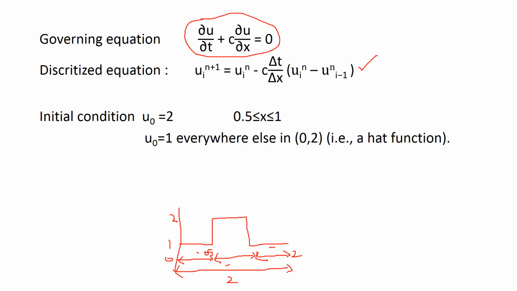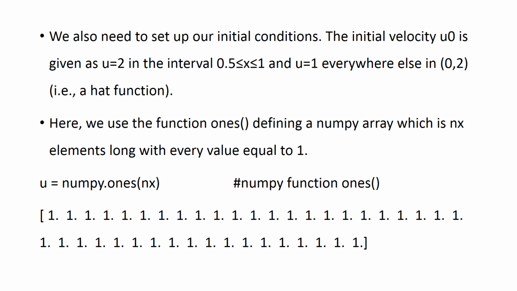So now what happens? The wave should transport or convect, and we should get some sinusoidal answer. So that is the given objective. Now we have to set the initial condition, and as per the given problem, the value of the function is 2 in the interval 0.5 to 1, and the value is 1 everywhere else. So the first step, the 10th line, we will define the value of nx. The total number of grid points is 41. So in all the 41 points, we will give the value of u as 1 by a simple code.